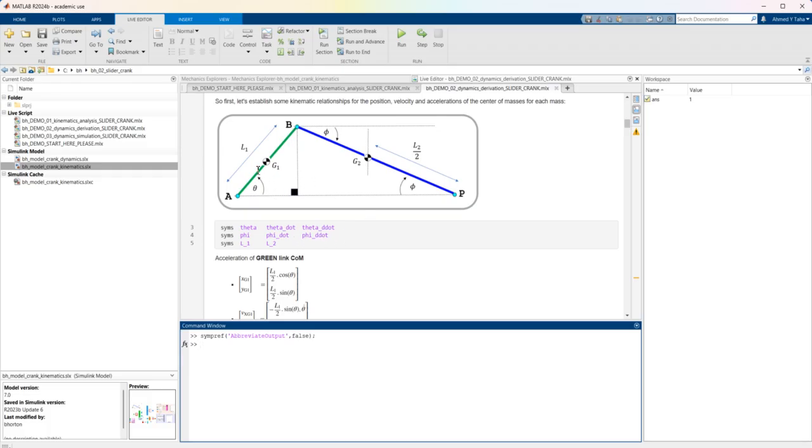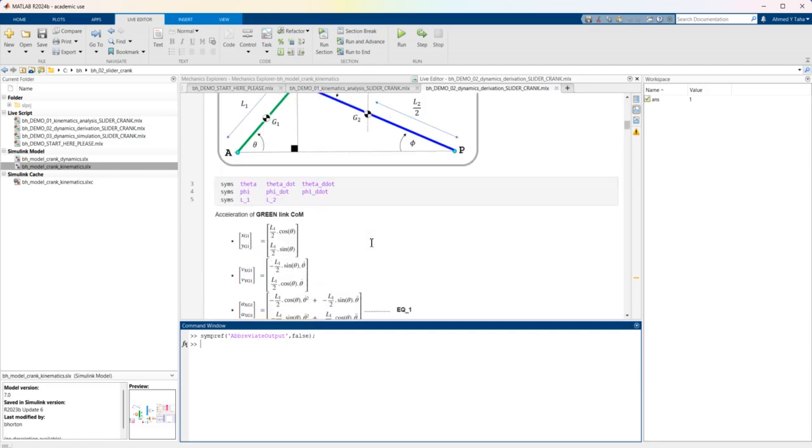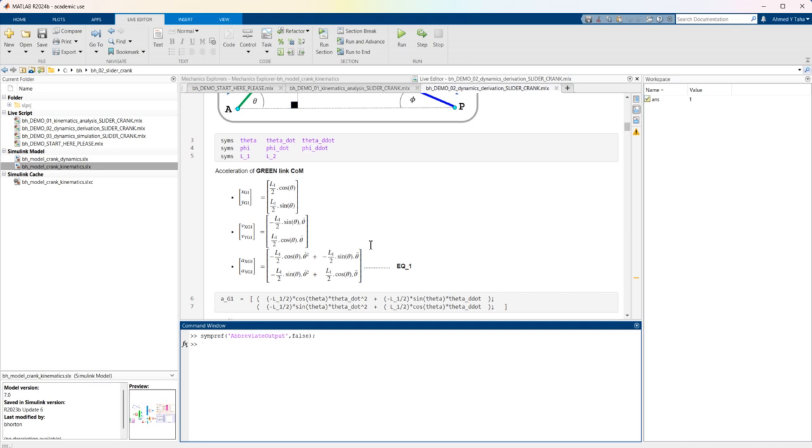So we have omega, theta, and alpha for this link, and phi, omega, and alpha for the blue link. So the green link